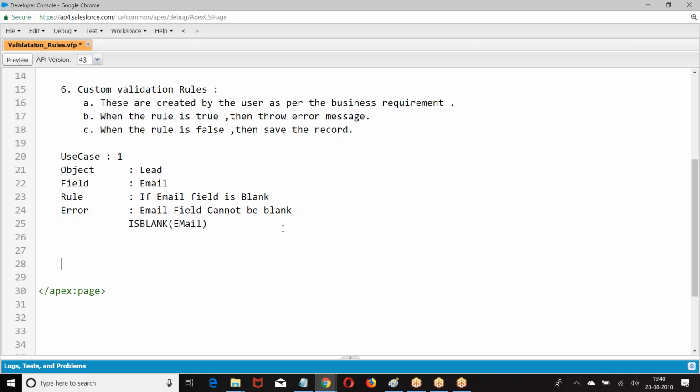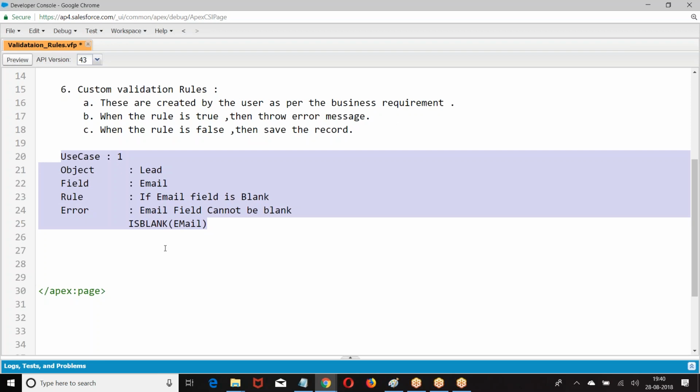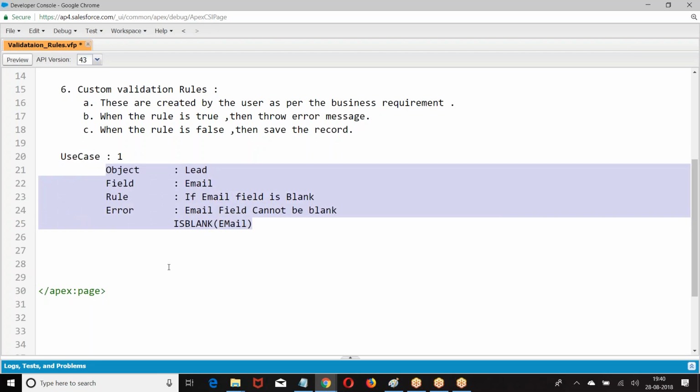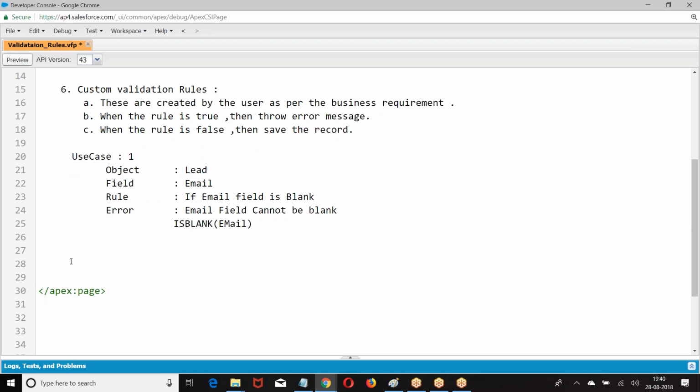Okay. Let us go to the next functionality. Now I will create isPickval.